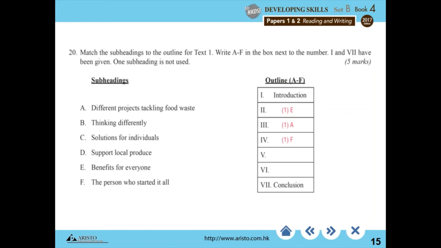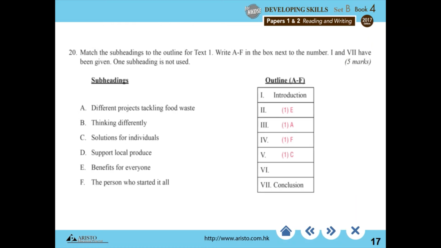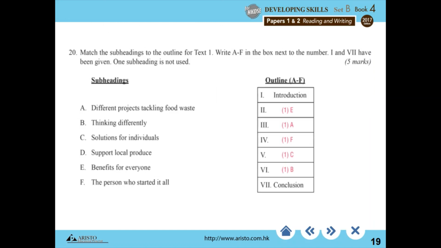The paragraph after that talks about how Jules' food project helps people. So subheading C, Solutions for Individuals, is a good match for section 5 in the outline. What we find in paragraph 12 is that the idea of leftovers is being reframed into a more appealing concept, which helps promote the idea of reducing food waste. Since this section is about reframing a concept or idea, subheading B, Thinking Differently, is the answer for section 6